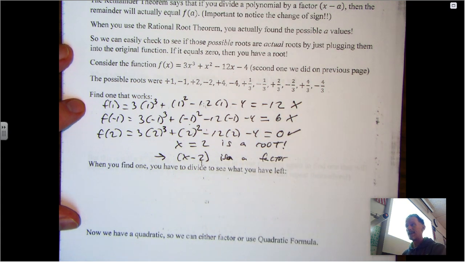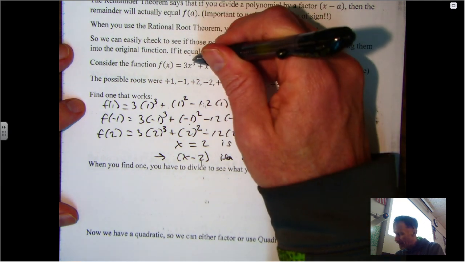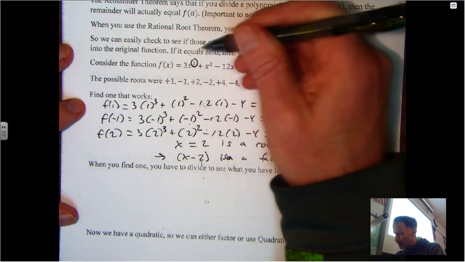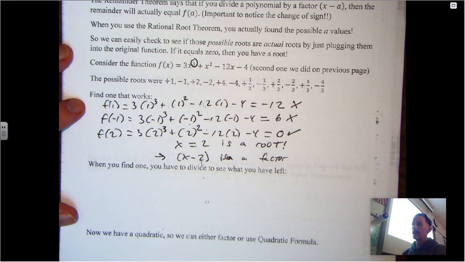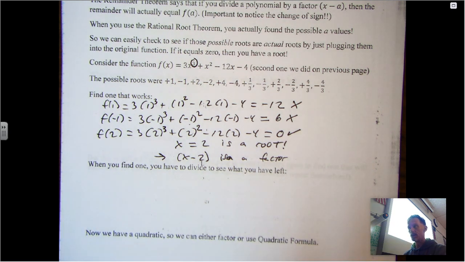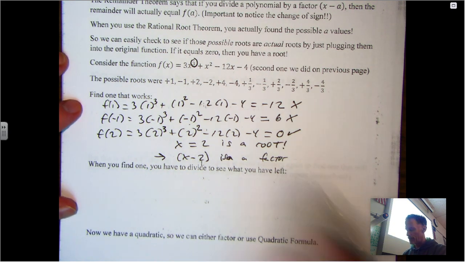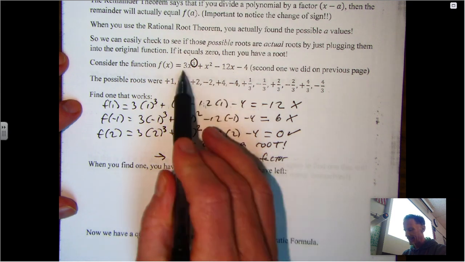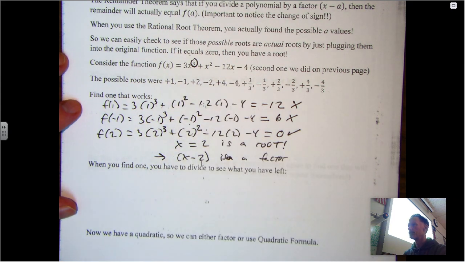Okay, now you might be thinking, well, are we done? Is that the whole problem? No, because there's something called the fundamental theorem of algebra that says if you look at the highest exponent of a polynomial, in this case 3, that means this has 3 roots. So we found one of them, which is awesome, but now we've got to find the other 2. This is where the division comes in. I'm going to take this factor and divide it into the original function, and then reduce that to see what's left over,